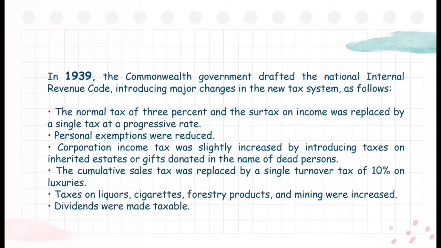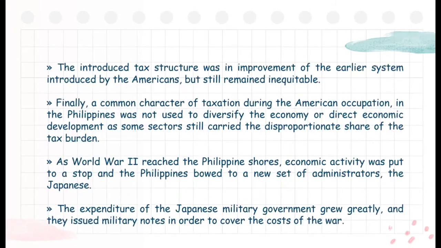Fifth, taxes on liquors, cigarettes, forestry products, and mining were increased. And last, dividends were made taxable. So those are the major changes in the new tax system under the National Internal Revenue Code in the year 1939. Another important point: the introduced tax structure was an improvement of the earlier system introduced by the Americans but